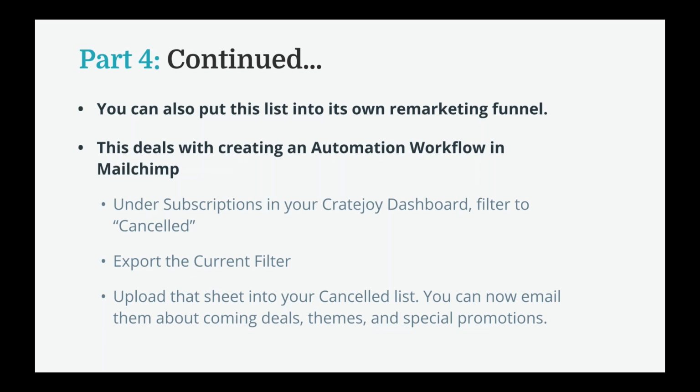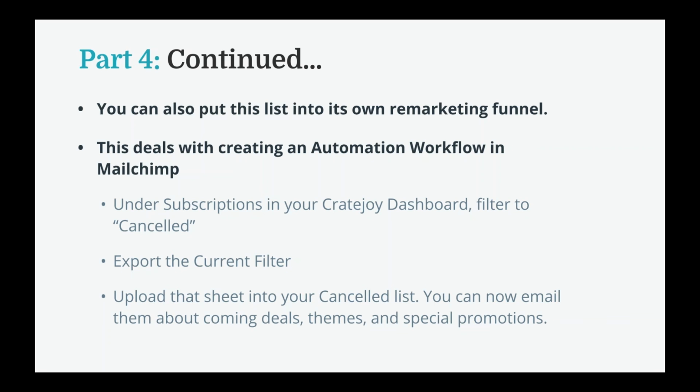So another thing that you can do here is put it into its own remarketing funnel. When I say a remarketing funnel, I mean create an automation in MailChimp. So rather than just having the one-off promotions go like we just described, when people get uploaded to the canceled list, for example, it can have an email that sends out 5 days after they've been canceled that says, "Hey,